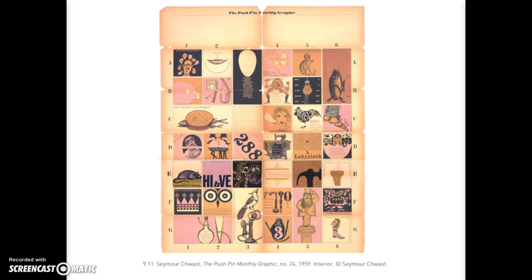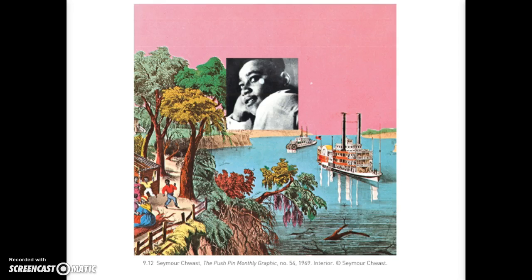And this image was a boxed grid featuring different illustrations and clip art and designs and lettering styles, much like a catalog. The colors give it a sense of flow, sort of a whimsical pastel palette, but the images themselves don't really seem to have much to do with one another, which is really important. This was meant to make a political statement about a young boy named Emmett Till who was 15 years old and was murdered in Mississippi in 1955.